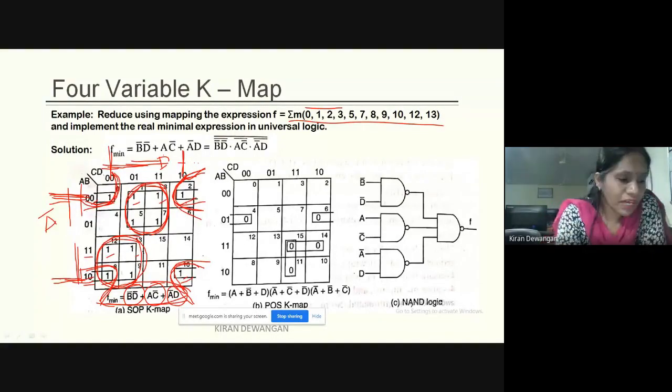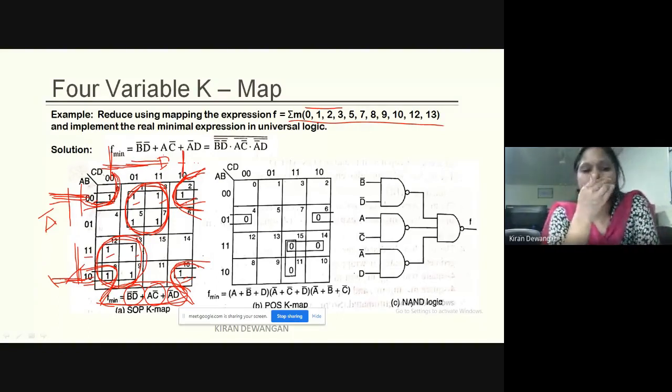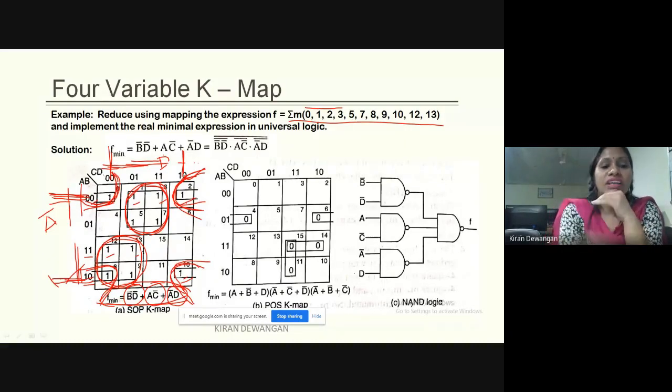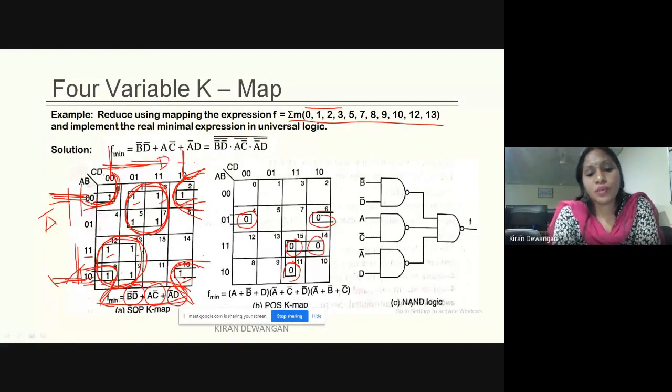Clear? So this one is the clear example of finding, that is designing a K-map and forming the quads or pairs what we can have. Now rest positions are our max terms. This is the positions which are left. तो ये positions में हमने 0 locate कर दिए, तो ये आपके max term हो जाएंगे. इसमें भी हम pair formation कर सकते हैं. So we can have 3 pairs. So 3 pairs can be written in the sum terms form. तो ये वाला जो sum term है, इसका भी आप NAND नहीं, इसका NOR डिजाइन कर सकते हैं.